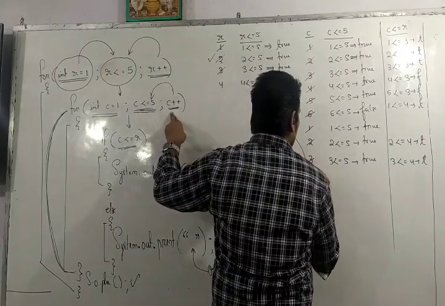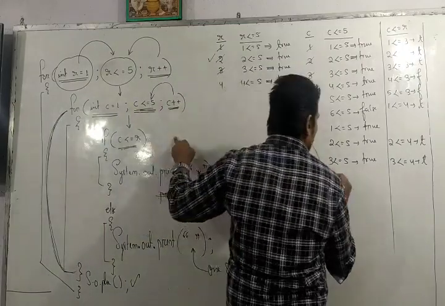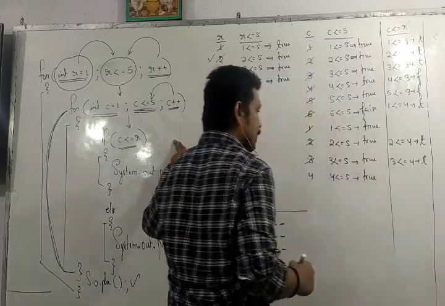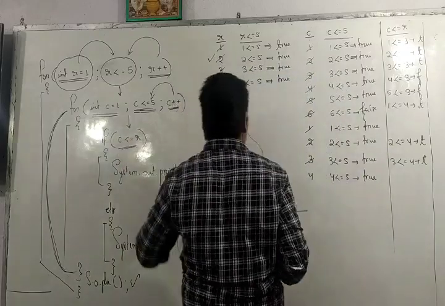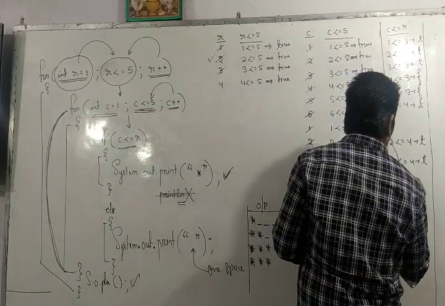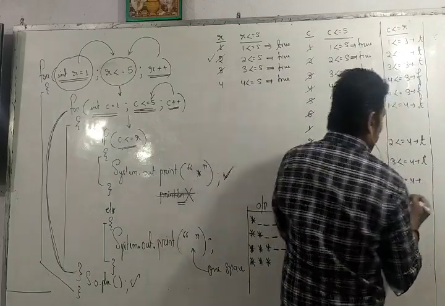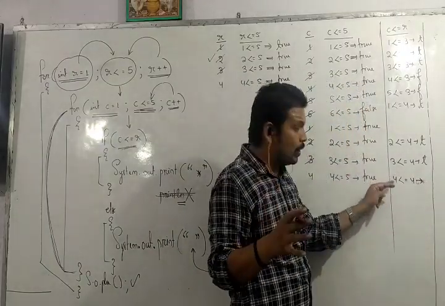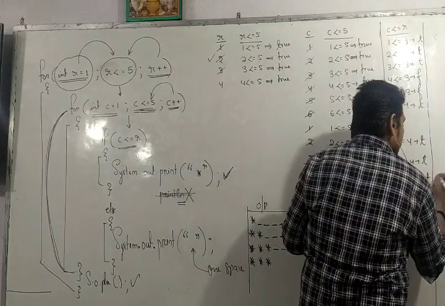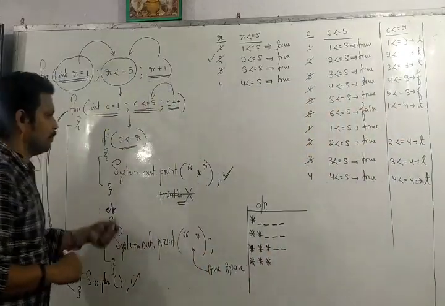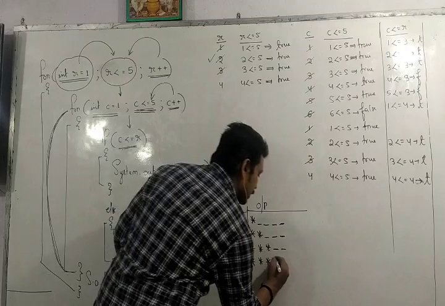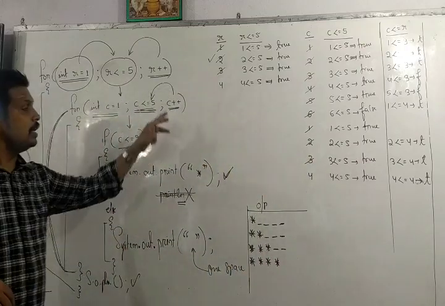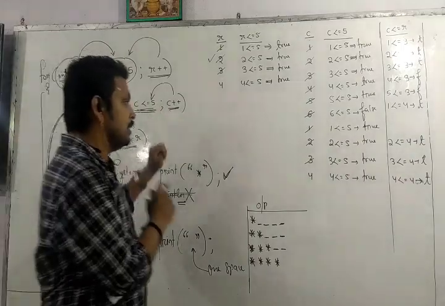C++ is 4. 4 is less than equal to 5. The answer is true. If it is true, there is one more checking. C less than equal to R. What is C? 4. 4 less than equal to 4. 4 is less than 4? No. 4 is equal to 4. Yes. If it is true, then star will be printed. Okay. Then else part will be ignored. Then the control will go to the updation expression of inner for loop, that is C++.